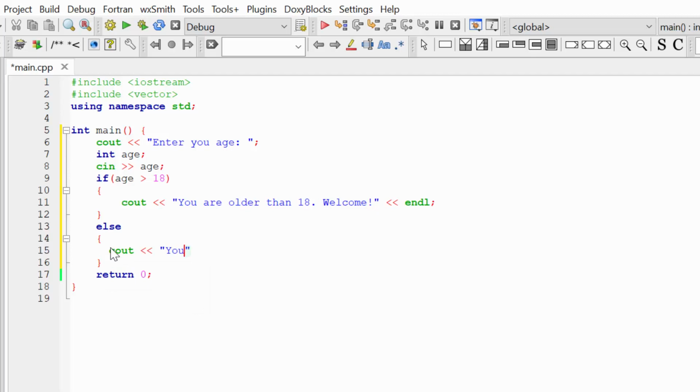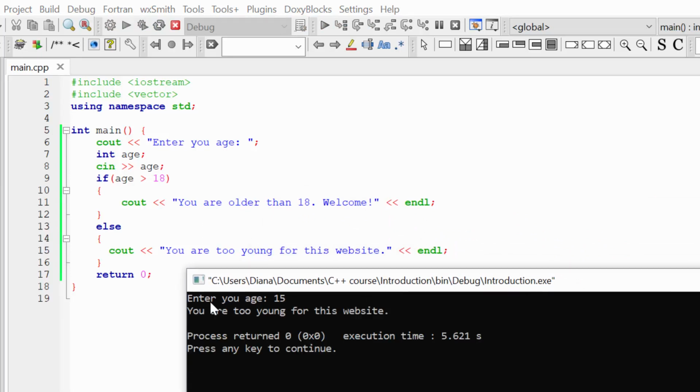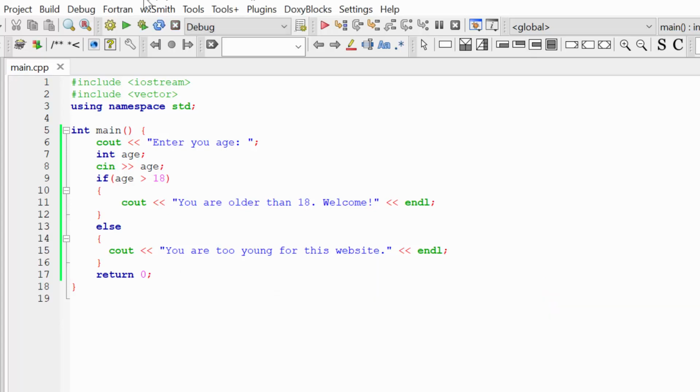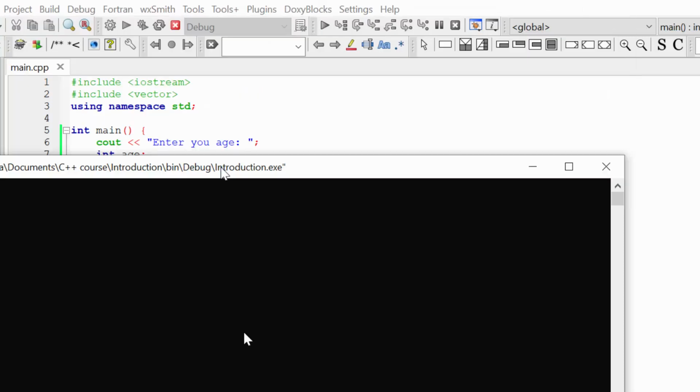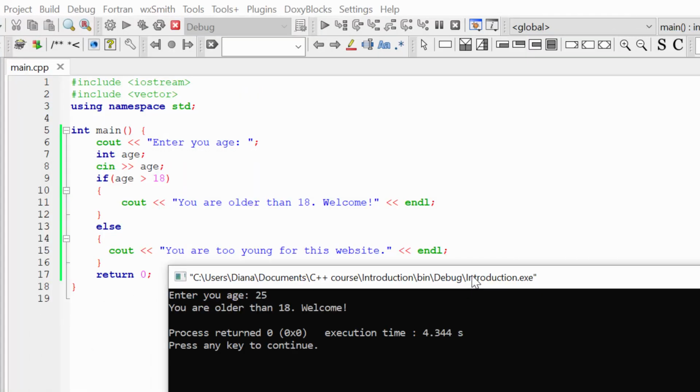Cout, you are too young for this website. Okay, now let's build and run our program. So enter your age. If I enter something like 15, you can see the result. The response of my program is you are too young for this website. And if now I enter some age bigger than 18, let's say 25, you're older than 18, welcome.